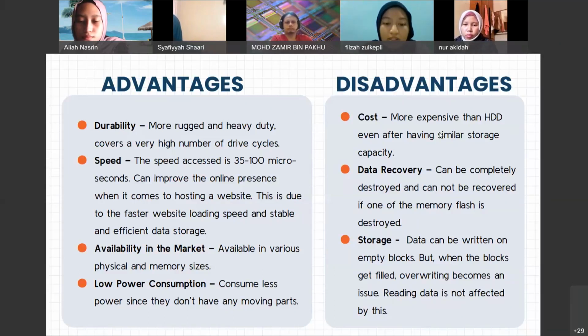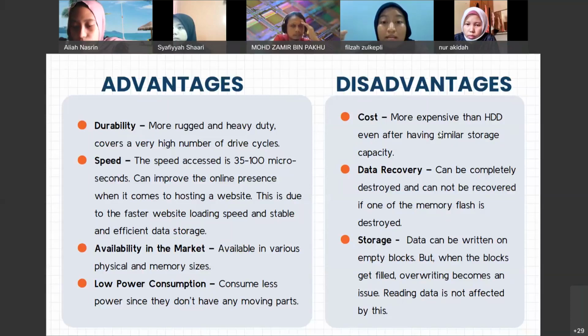Then the data recovery. The data can be completely destroyed and cannot be recovered if the memory flash is destroyed. And then the last one is storage. SSD faces a major problem regarding storage. The data can be written in empty blocks, however, when the blocks get filled, overwriting becomes an issue. To avoid this issue, one has to transfer the data into another memory drive and erase the SSD to reload the data. I will pass to the last presenter